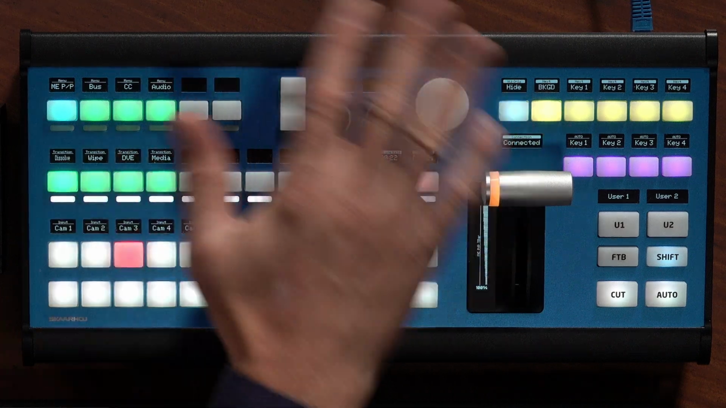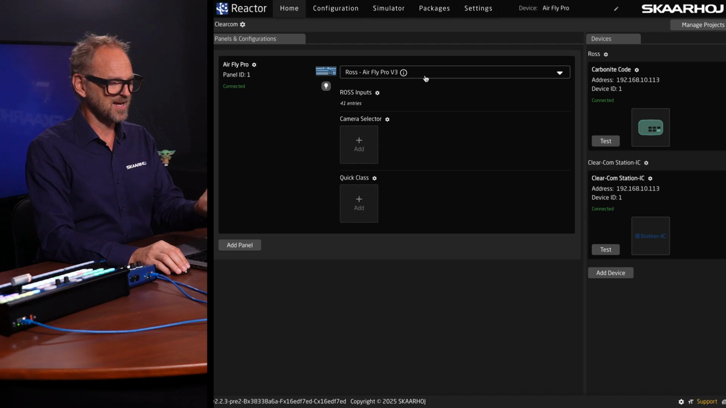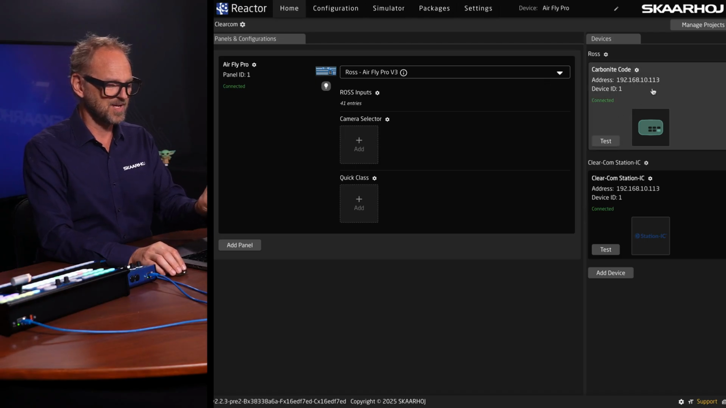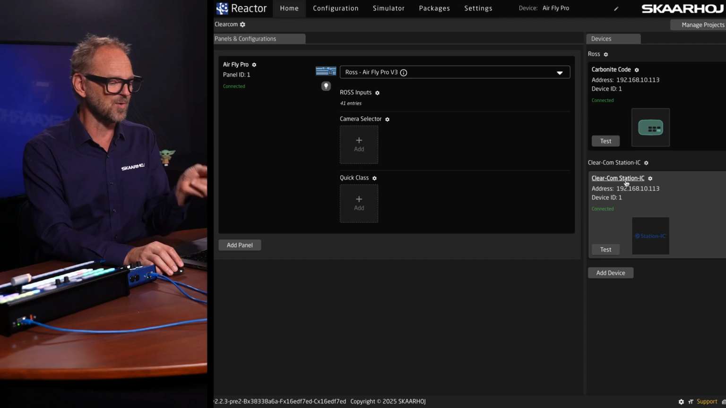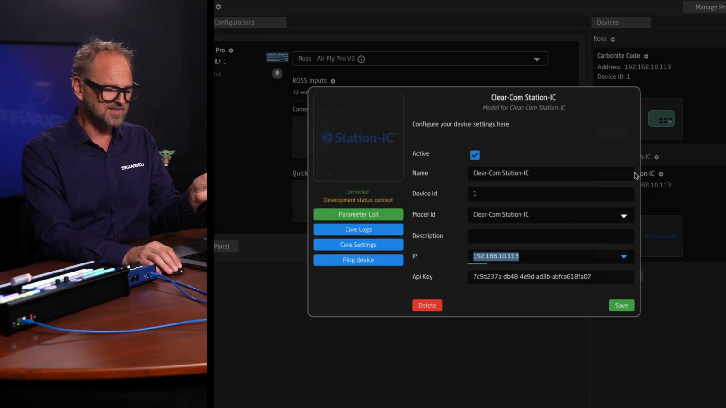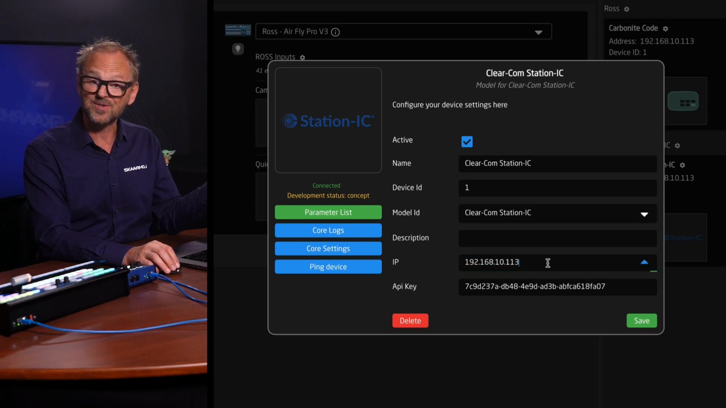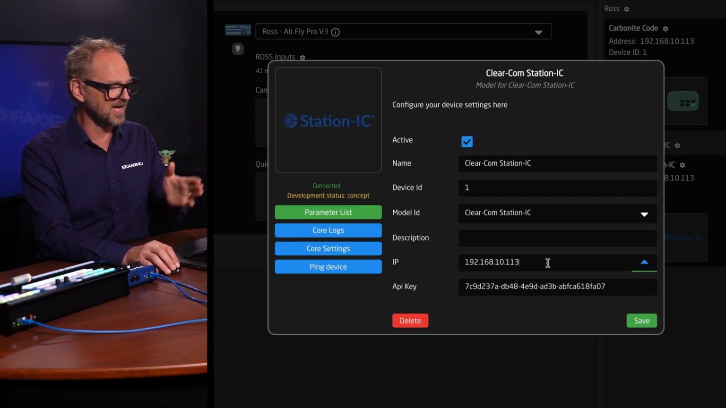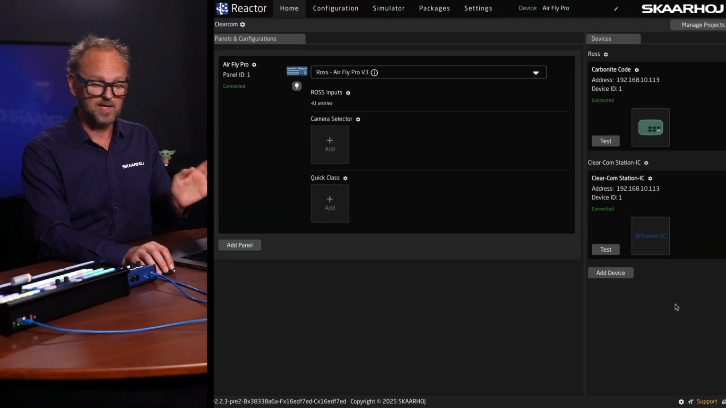So on the AirFly Pro, this panel over here, we currently talk to a Ross Carbonite. We are set up with that IP address. It's running there. And we have the exact same device core for ClearCom Station IC installed. Let's just look at the settings of that. All you need to do is to point it to the IP address of your workstation where ClearCom Station IC is running, and type in the API key that you are given from the software, and it will connect and